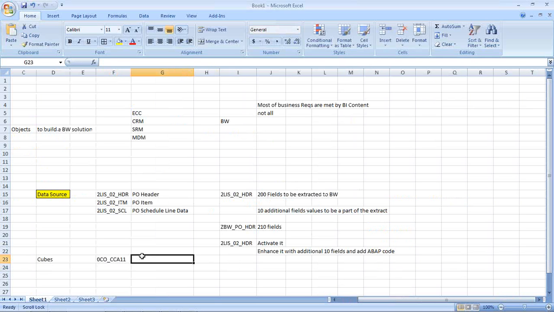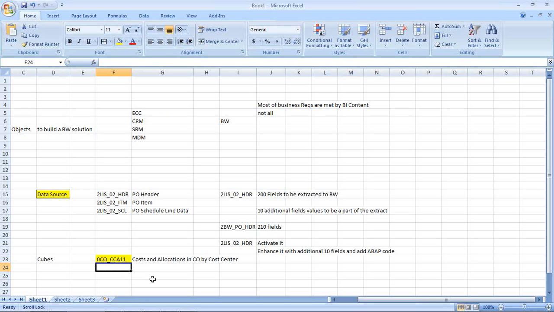This is a cube which extracts costs and allocations. Correct, Vinay, I will come to that. Okay, in CO by cost centers, if I want cost center reporting, I use this data, this cube. I will load all the data from the ECC system into this cube, and I will create queries on top